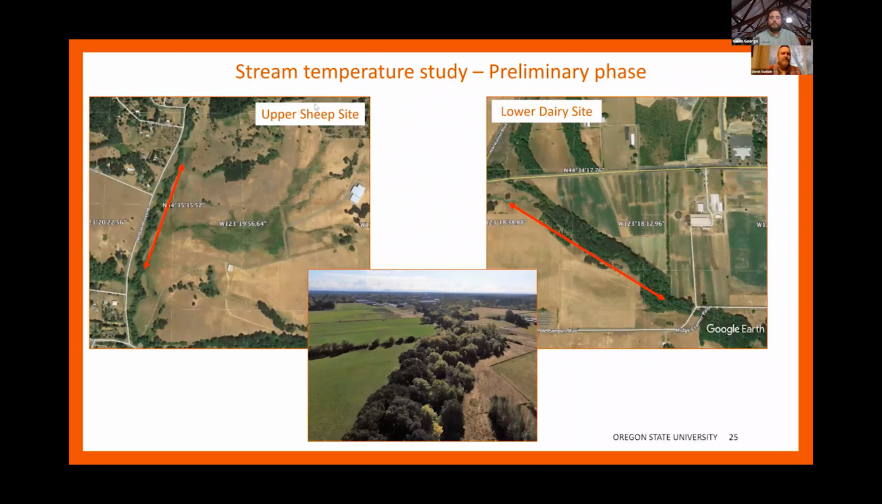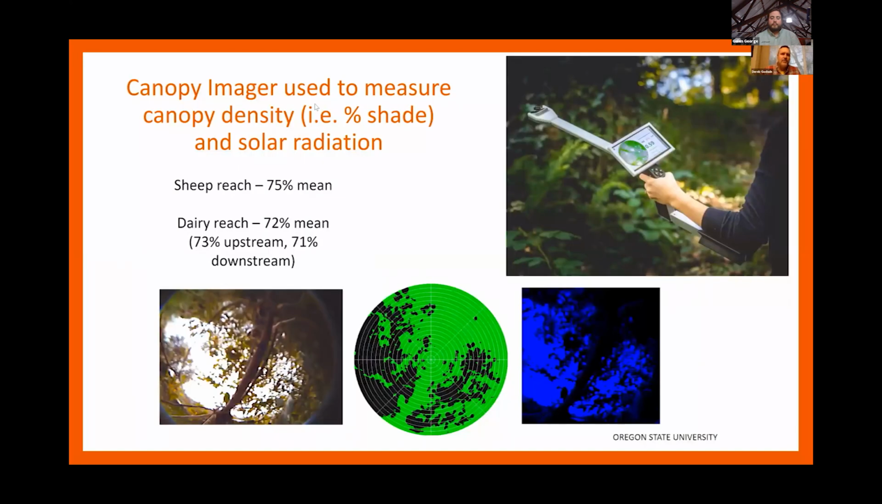And so what I'm looking at is that this watershed, this stream, is listed as water quality limited in terms of stream temperature. And so what I'm looking at is getting to better understand the various factors affecting stream temperature in these 2 reaches. So with the Canopy imager, what I've done is in those reaches, I've created